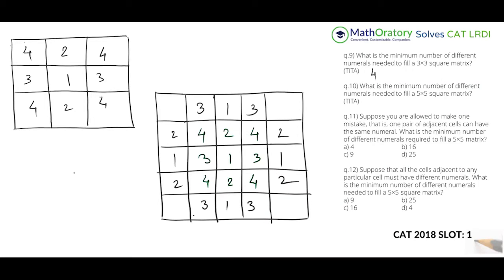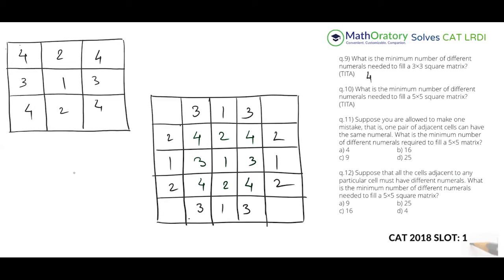Now coming to what we can fill in the corner ones. Now check this out. This is interesting. You should be able to identify this very quickly. The idea is that, again, none of these are adjacent to each other. And if you check the 2 cross 2 in the corners, if you check this 2 cross 2, this 2 cross 2, similarly this 2 cross 2, none of these 2 cross 2 are using a 1, right? Even if it had used a 1, it will always miss out one number, right? So suppose this would have been 142 in some way. Then that would have been missing a 3. So then we could have used a 3. But in this case, we can actually fill it up with the left out number, something like that.